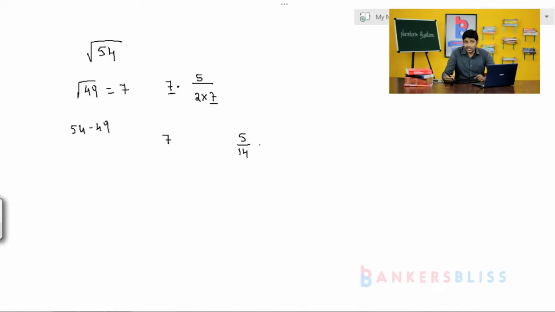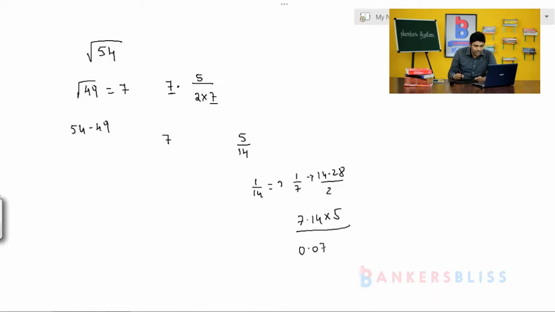In percentages we have discussed 1 by 7 means 14.28 percent, then 1 by 14 means half of that, 7.14 percent, into 5. 7.14 means 0.0714 into 5. How much do you get? 5 4s are 20, 2 carry over, 5 1s are 5, 6, 7, 7 5s are 35. So the answer is